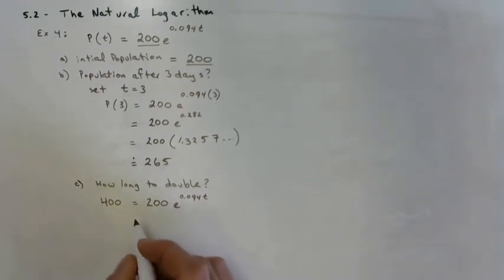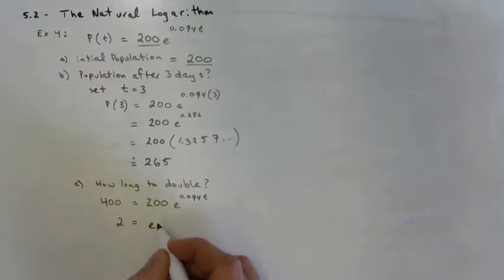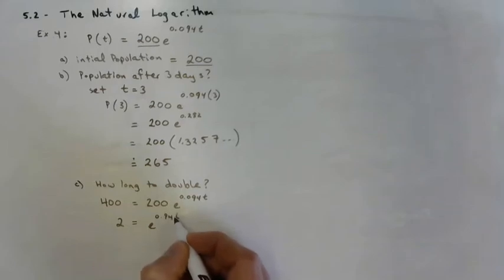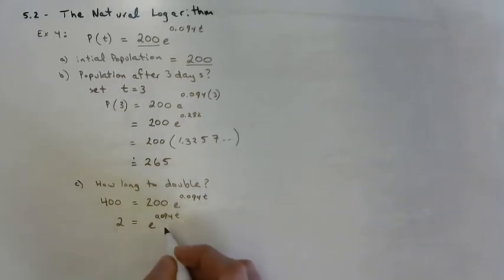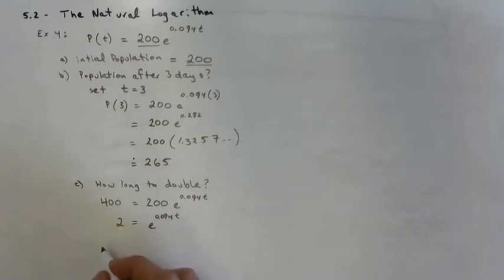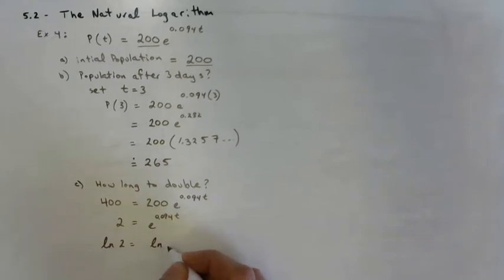Divide both sides by 200. 2 equals e to the power of 0.094t. And now we can take the natural log of both sides, which looks like this. Take the natural log on the left of 2, and over here the natural log of e to the power of 0.094t. And then because the natural log has a base of e, we know that the natural log of